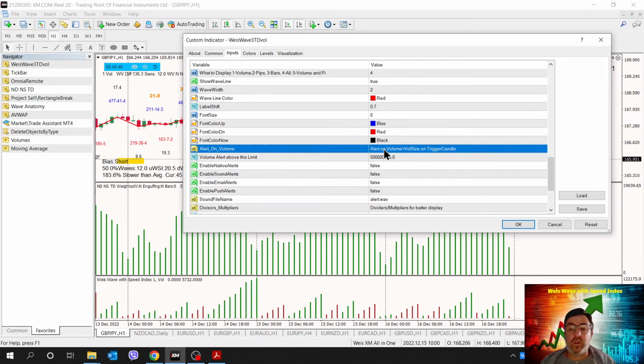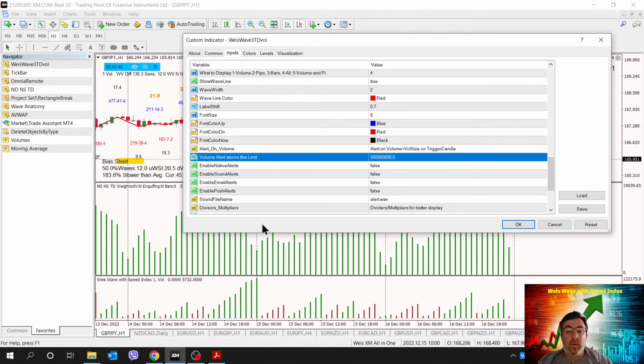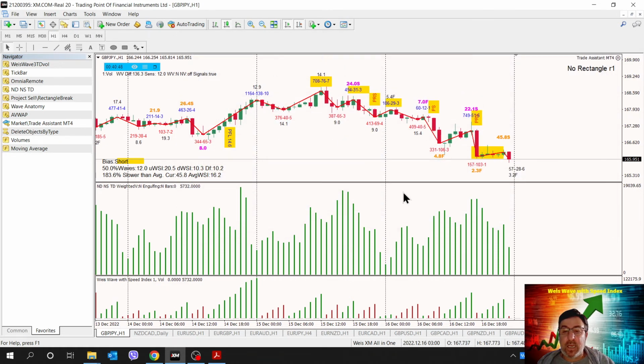What else can we do? We can set also an alert on a limit of the volume wave. Okay, here right now we got a volume wave. So let me see. Let me say that I want to be informed if my wave exceeds, for example, 47,348 is the value here.